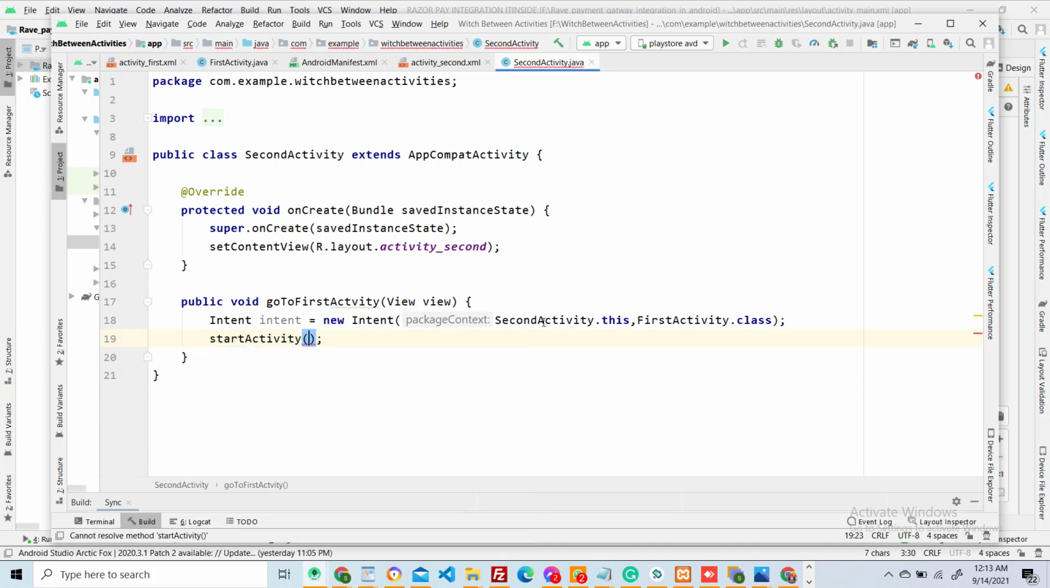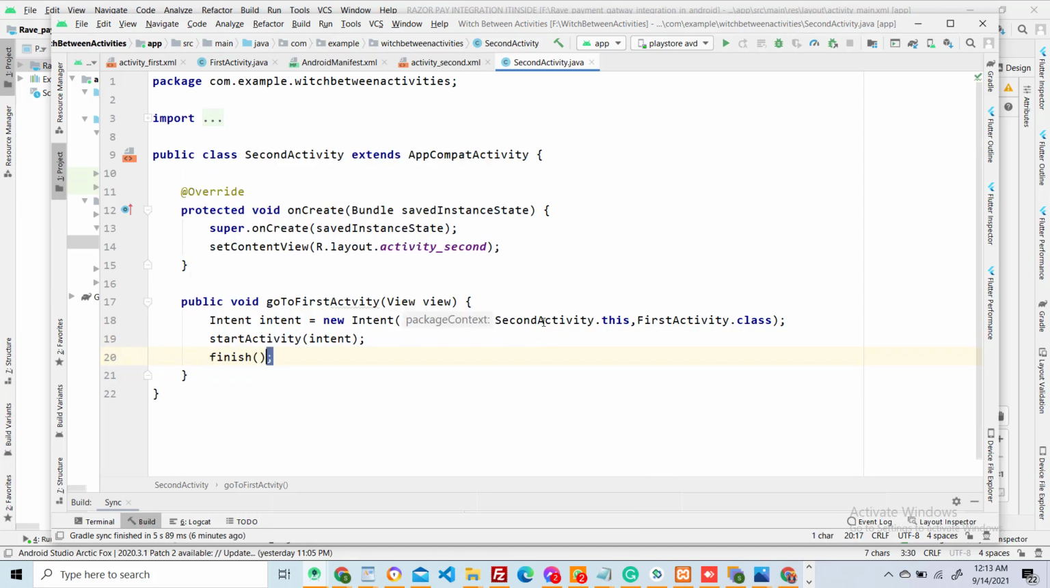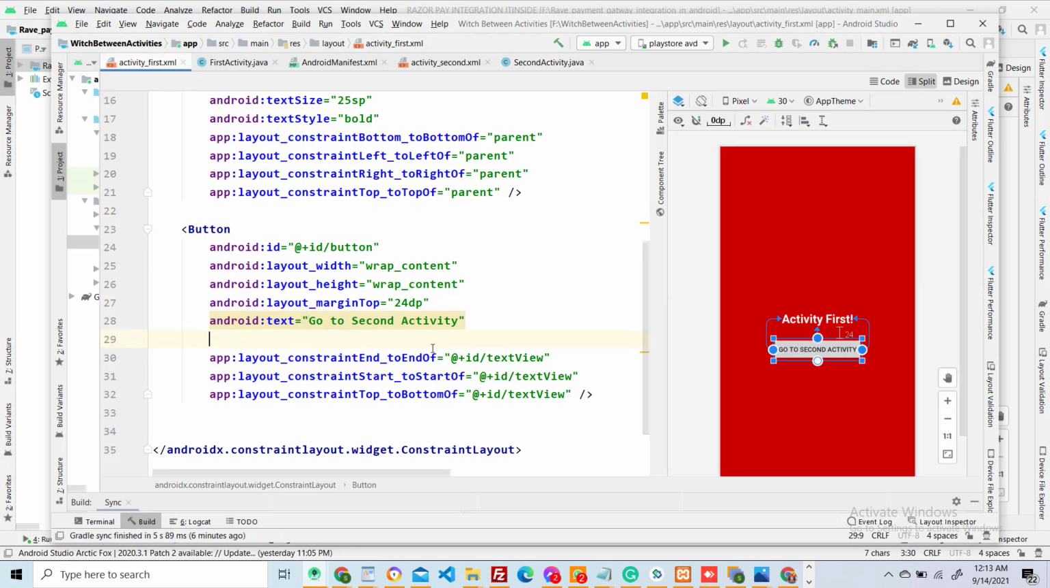Okay, and then pass the intent. Okay, and then you can simply call it finish. So this is the way how you can go from first activity, second activity to first activity. Same way you have to go to the second activity, and here you also will